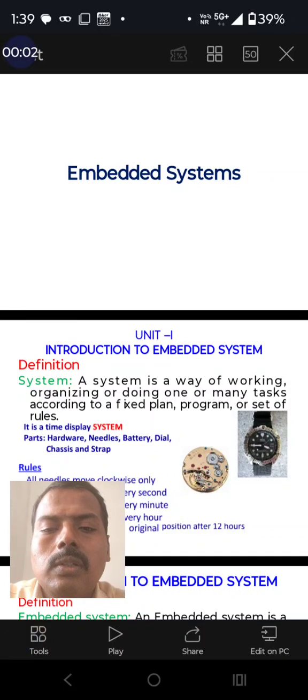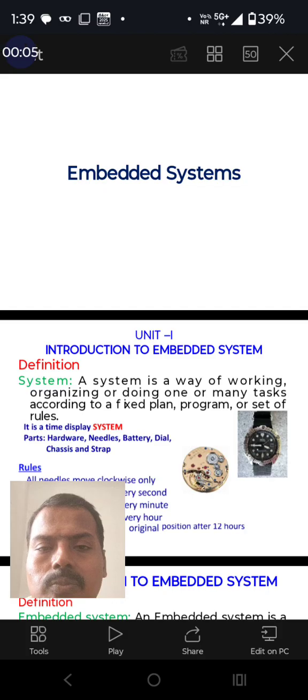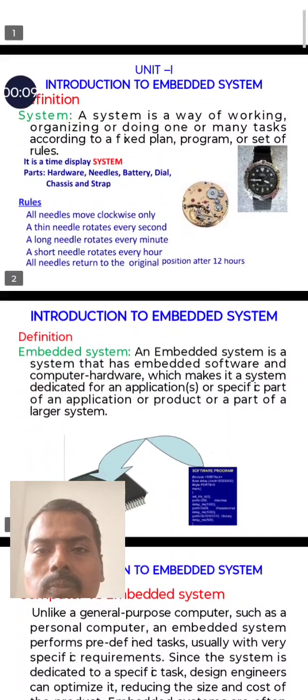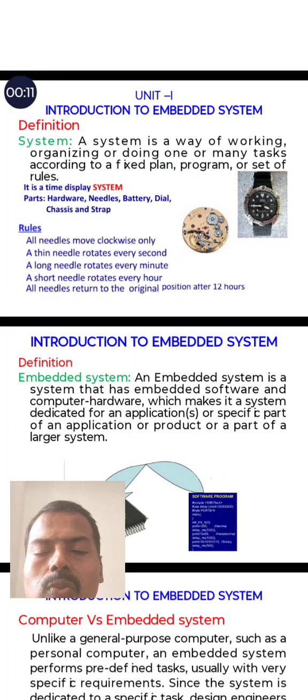Good morning. Today I am going to discuss the introduction to the embedded system. Before we discuss the embedded system,